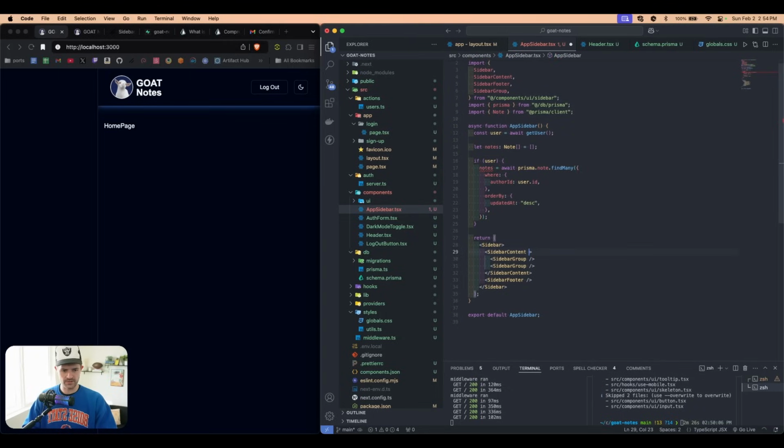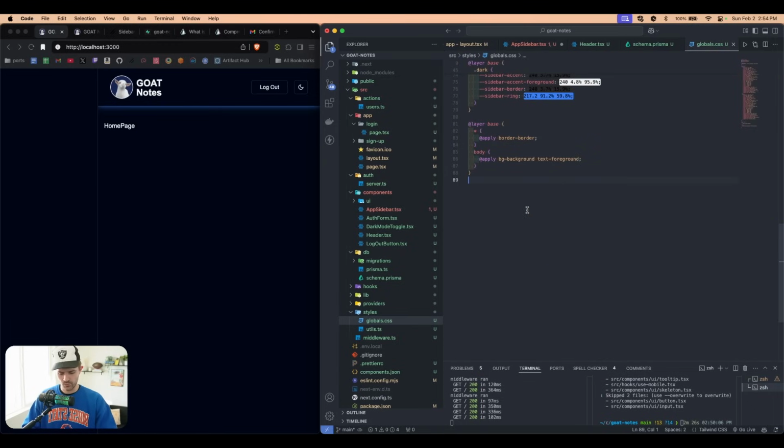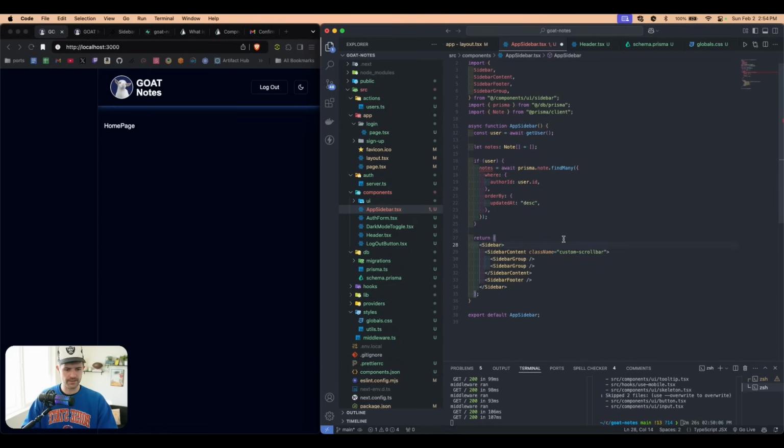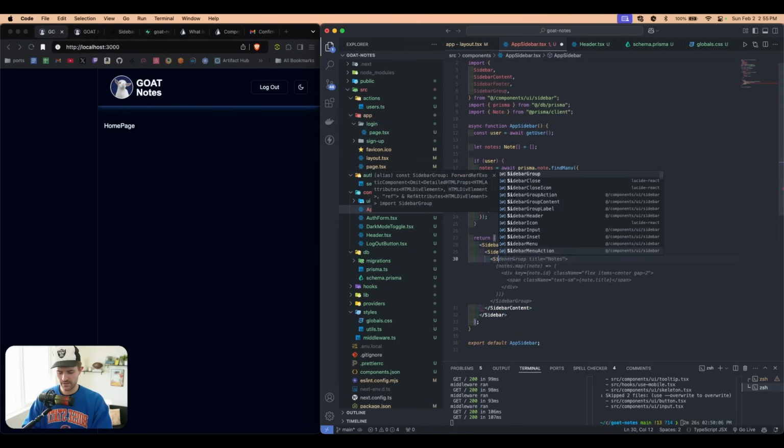And the sidebar content, we're going to say class, and we're going to say custom scroll bar. And so I wrote some CSS. I'm going to paste it in right here. If you want this, it is in the GitHub repo. So we're going to come back to this, and we're just going to get rid of this, and then in here in the sidebar content, we're going to create a